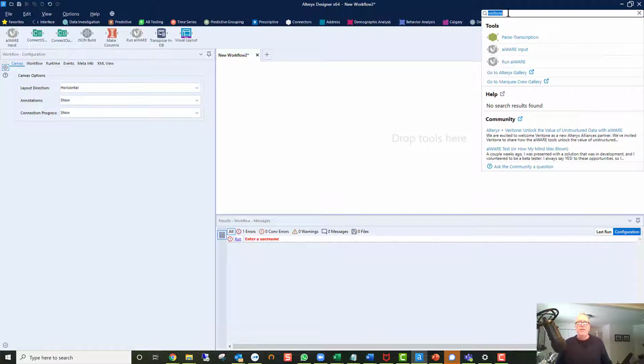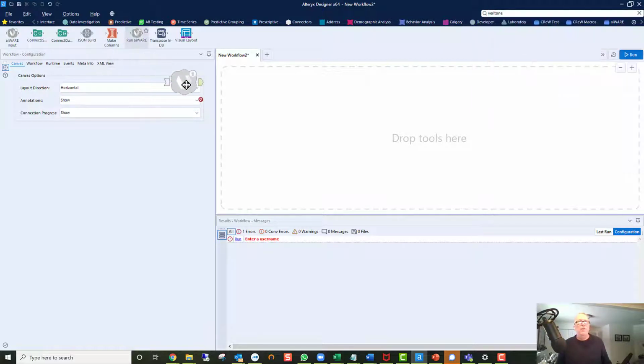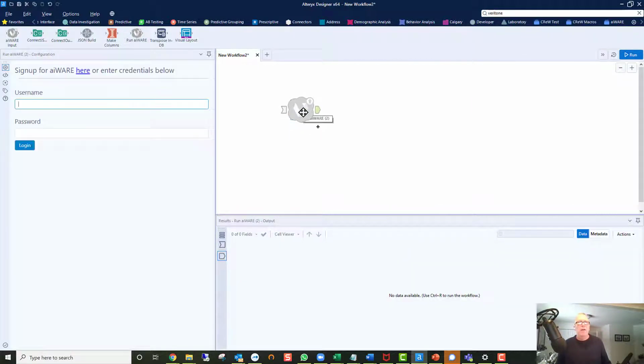We found the Veritone tools in the laboratory, and what I'm going to do is I'm going to take this run aiWARE, and I can sign up for aiWARE here or enter credentials below. So let me go and set up another user on this application,